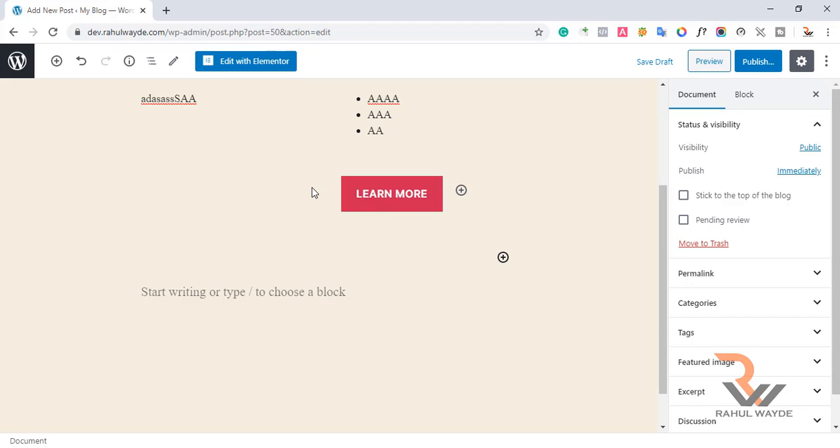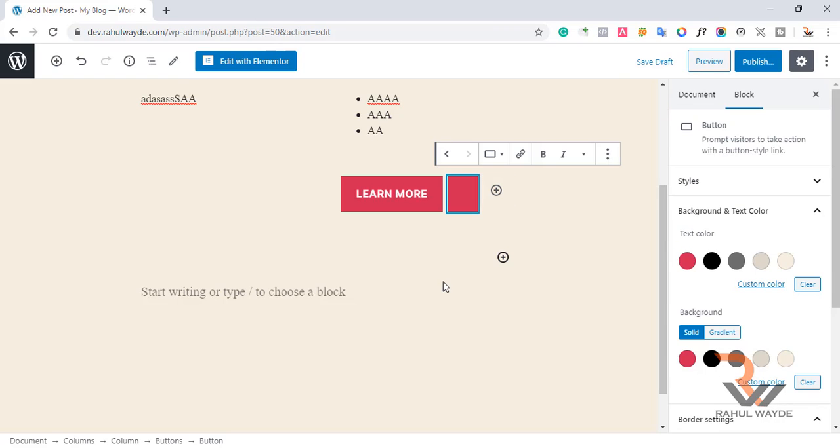Now look here, in the previous version the buttons came with a border radius and looked rounded initially. So in this version the button gets squared here, and if you want to add a button on the right side of this button again, then you have to just click on this plus section again, which is add button. I will just click on that, and look here, we will add a text here now.